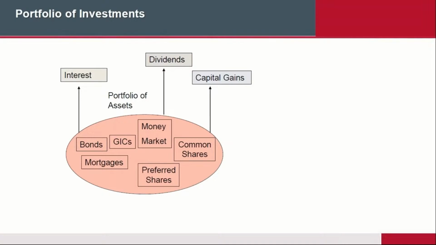Now, a big chunk of your decision, of course, will depend on your tax bracket. If you're in a very low tax bracket, it may be just fine, okay? If you're in a very high tax bracket, you might want to have capital gains because capital gains are tax favored. Dividends are also tax favored. Interest is not tax favored. So a lot of your decision making has a great deal to do with the tax bracket that you happen to be in. High tax bracket people, in other words, people earning six-figure income or more, tend to invest their money into dividend-driven products and capital gain-driven products. People at the low end, earning $25,000, $30,000, that kind of stuff,